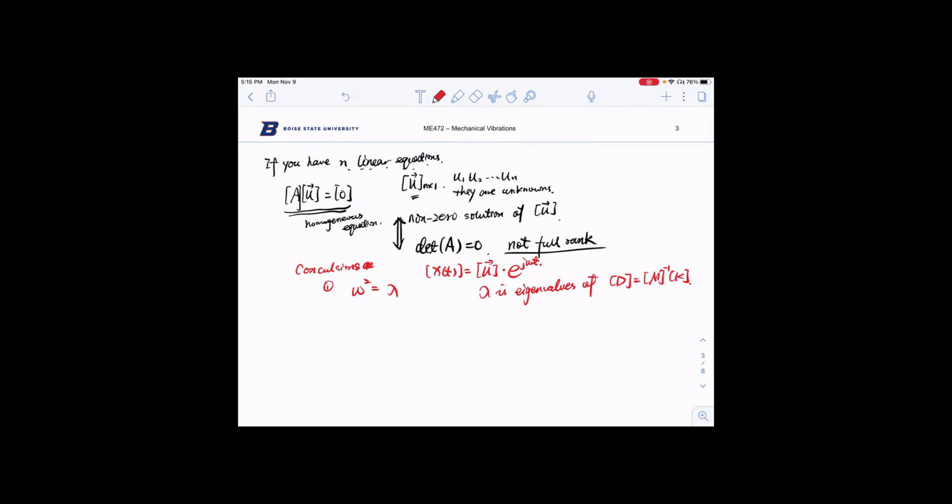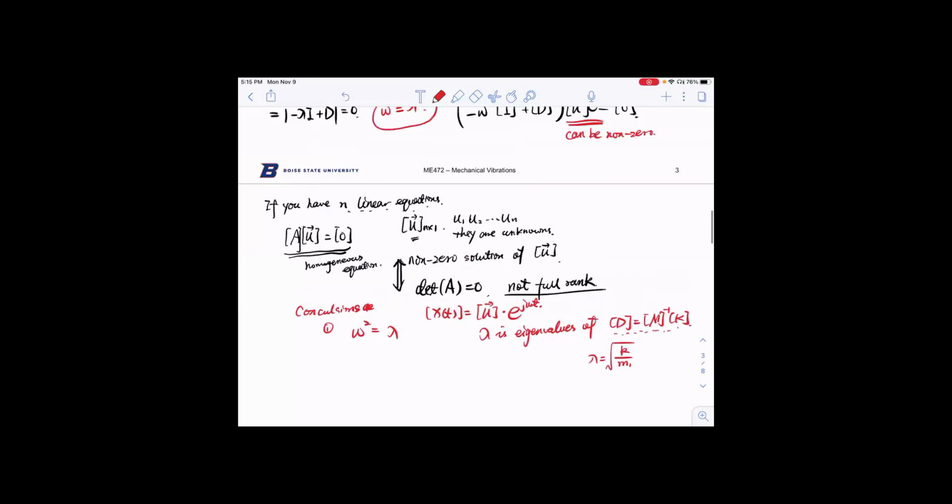If your D is a scalar, then your omega is just the square root of K over M. You can see how they match each other. But if you have matrix format, your lambda, your natural frequency, is actually the eigenvalues of this matrix. So that means in this case,